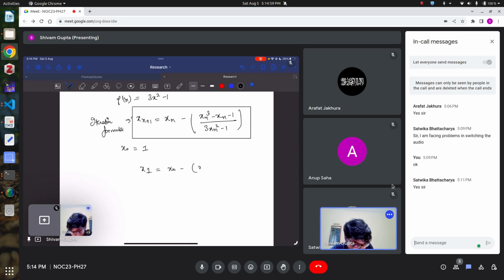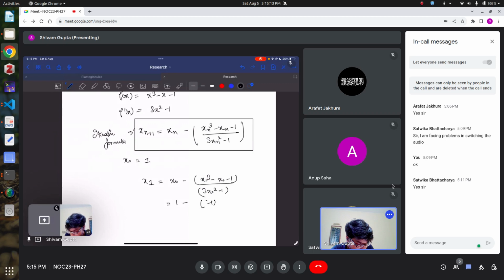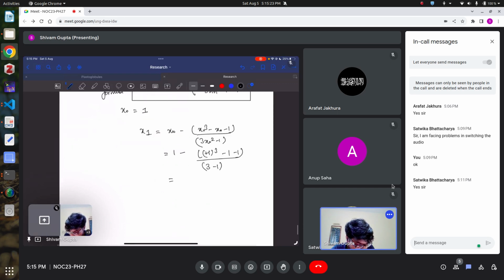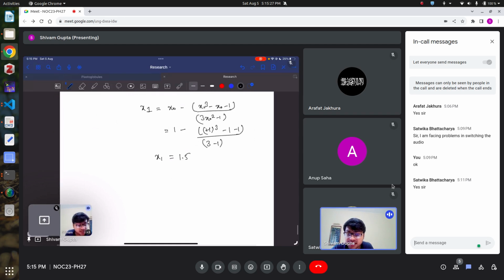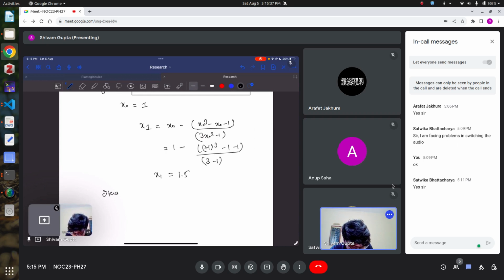x1 is x0 minus (x naught cube minus x naught minus 1) over (3x naught square minus 1), which comes out to be 1 minus this one. It's 1.5. Anyone getting the same? Yes, sir. Okay. So can you solve for iteration 2, which is x2, that is 1.5 minus (1.5 cube minus 1.5 minus 1) over